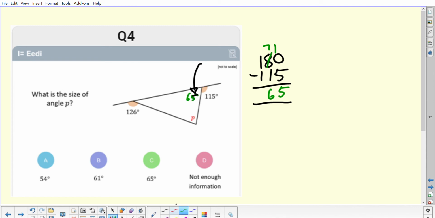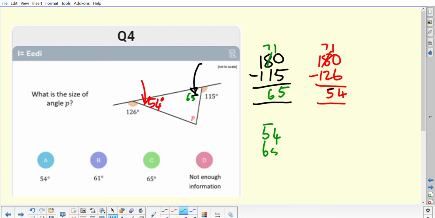And then separately over here we would do 180 take away 126, and then you'd be looking for 54 in that angle,